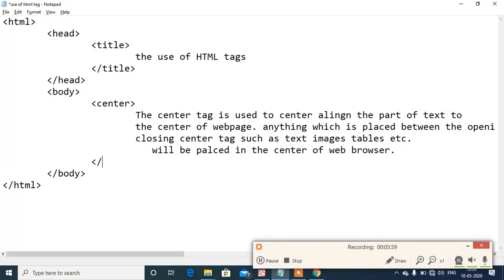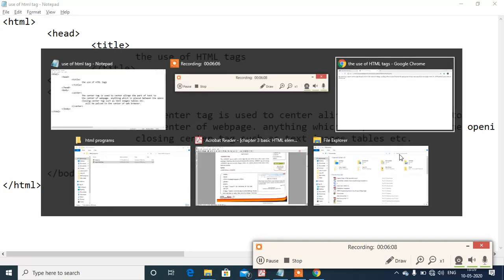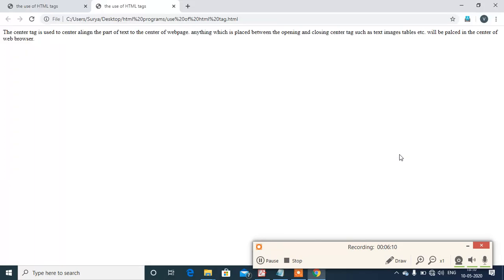We save it and then go back and execute it by pressing Shift F5 to refresh it.